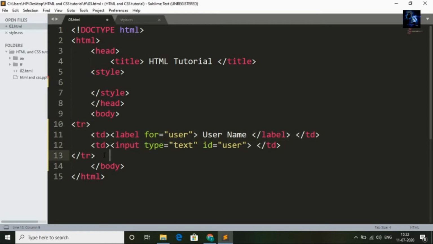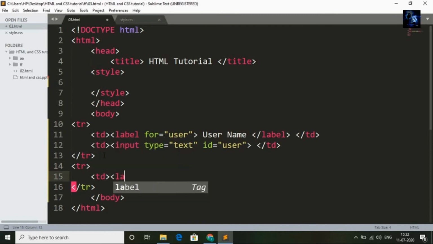Now I will ask the user to enter a password. tr. I will go inside the tr tag, td, label for pass.